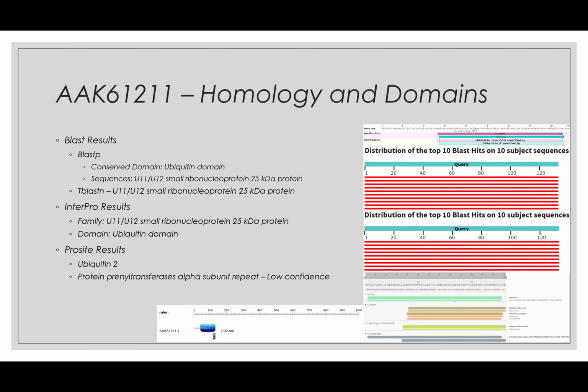Moving on to the next protein. Here we see that BLAST-P gave conserved domain results. Here it gave a ubiquitin domain. And then looking at the protein sequences,